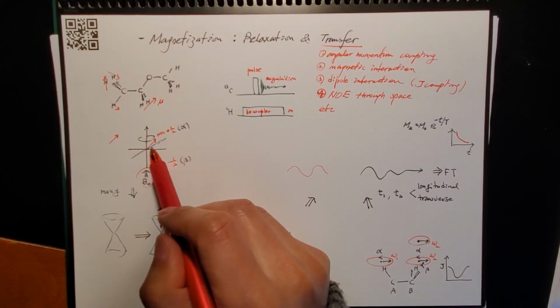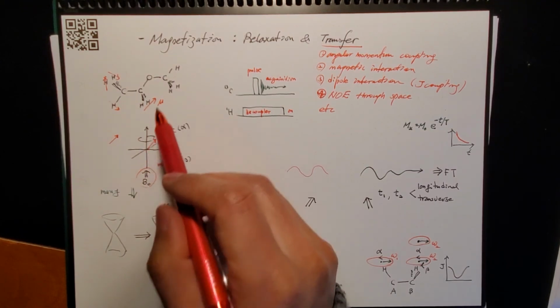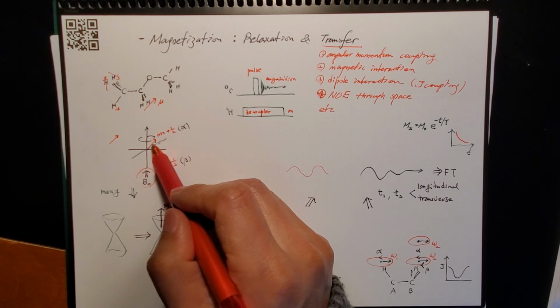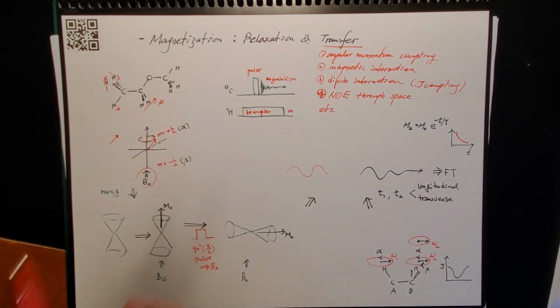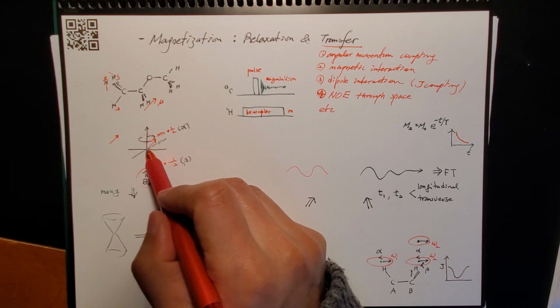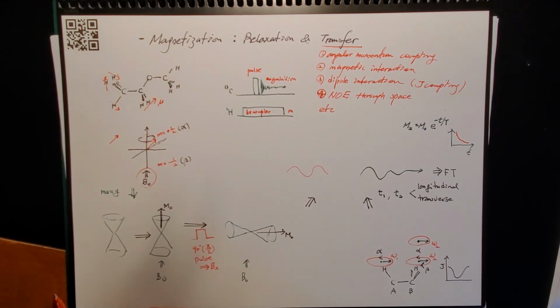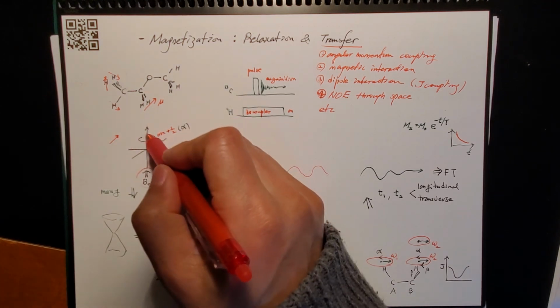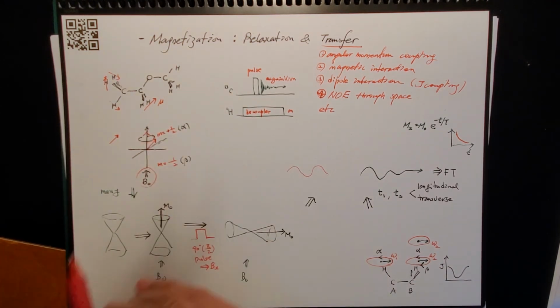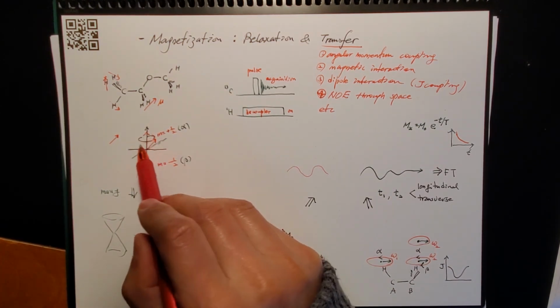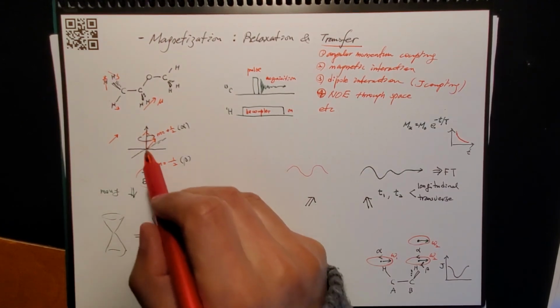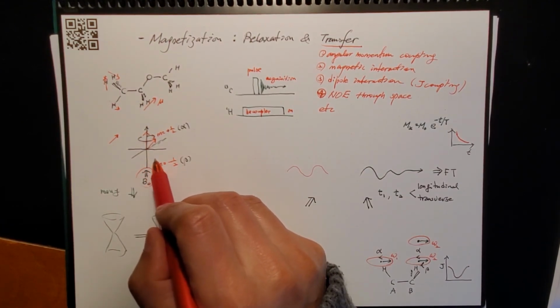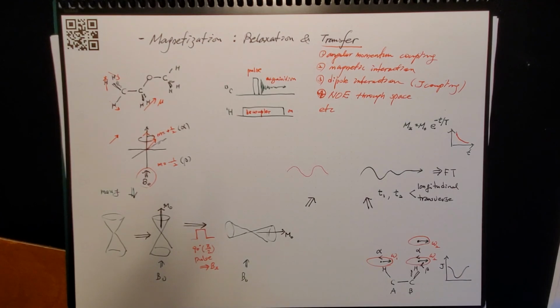So it depends on their spin state. If you have an alpha spin, you have a precession going this way. Therefore, you are creating overall magnetization going upward, considering all the distribution of the spin during the precession. And if you have a beta spin, you're expecting it going the other way and precessing here and creating